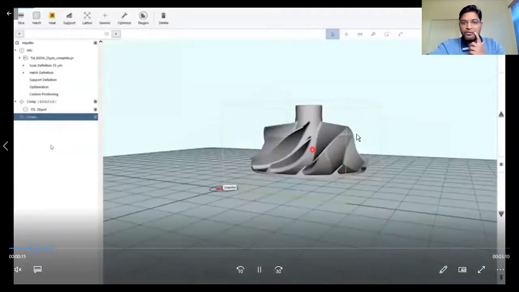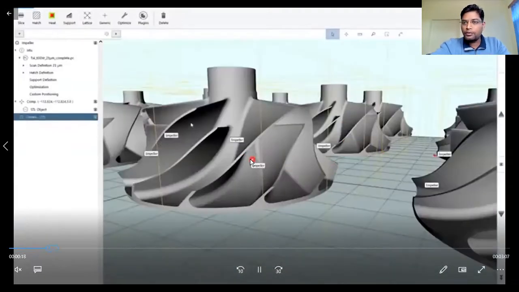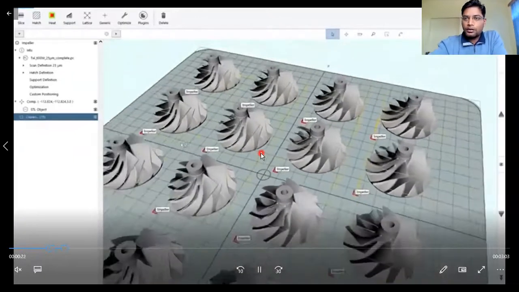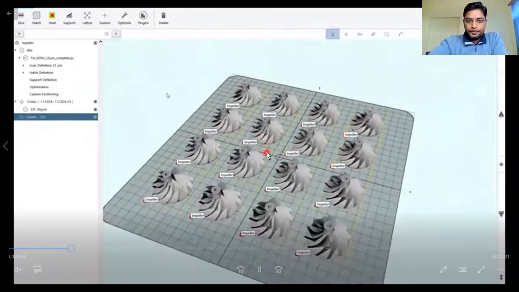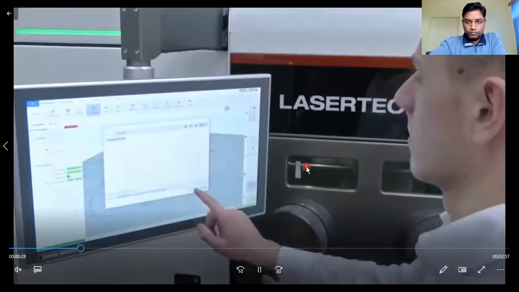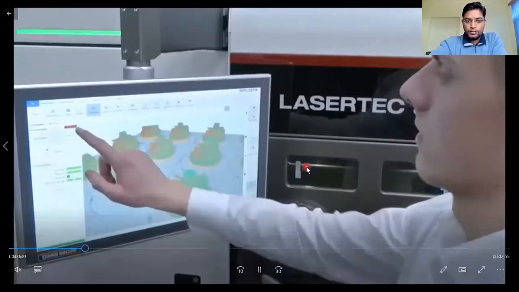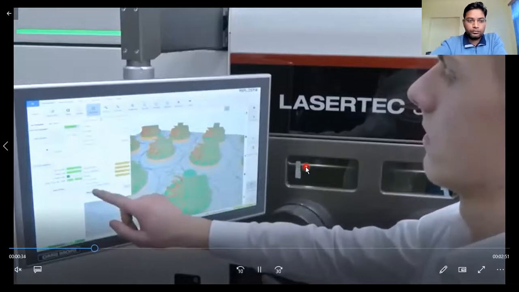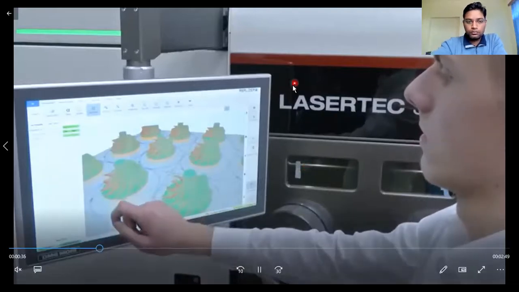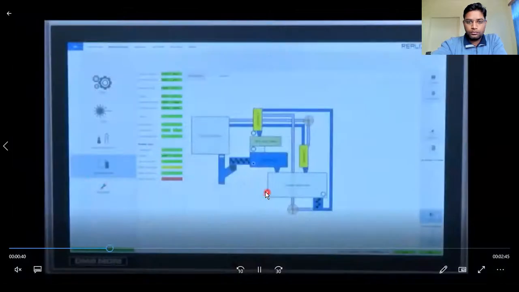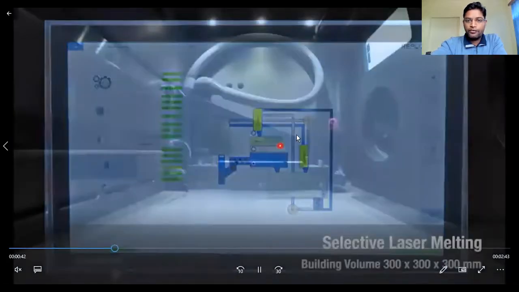Okay, so this is the kind of product that we can manufacture by using this technique. It's like we are feeding these.